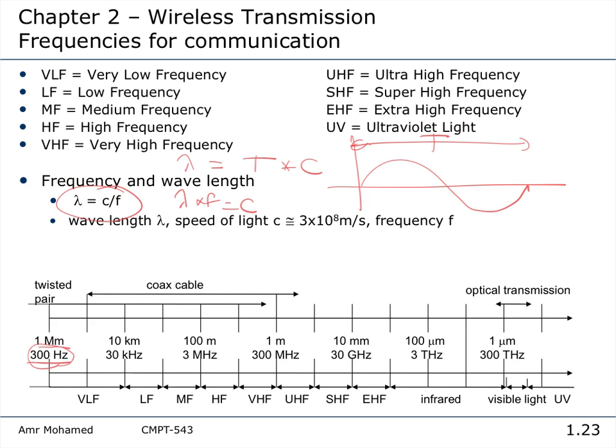The most important factor for low frequency communication is the length of the antenna, the antenna size. We'll study that in a bit. For a wavelength of 1 million meters, the antenna size needs to be lambda over 2. That means if you have a wavelength of 1 million meters, you need an antenna of 500 meters. So imagine the size of the antenna. And that's why we use it for submarine communication.